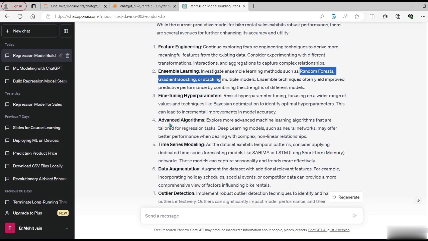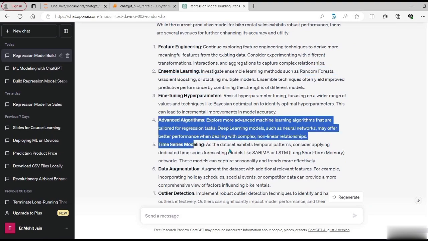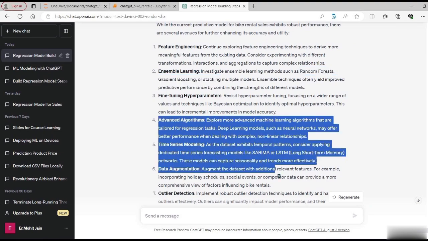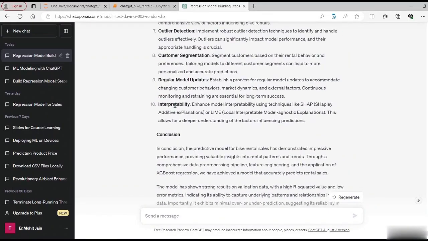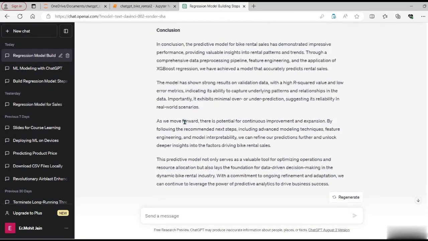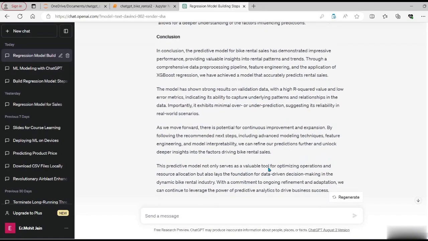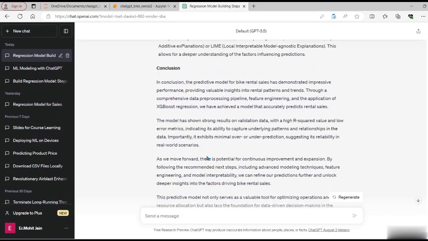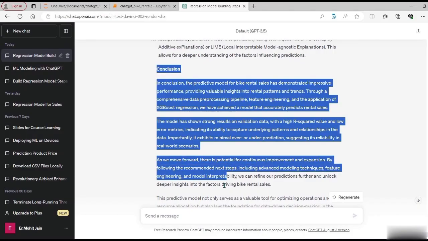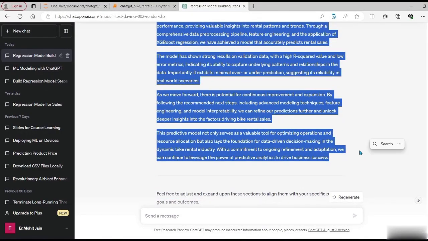They have also suggested some advanced algorithms or time series modeling like LSTM, data augmentation, and outlier detection, and so on. And at the same time, they have also provided the conclusion of the whole work. So this can also be very useful. Again, it looks to be very verbose. We can reduce the number of words, but for this example, that could be good enough.